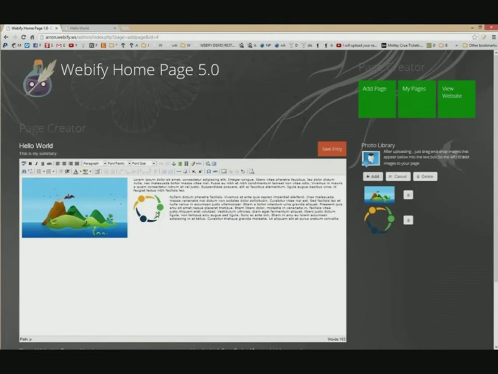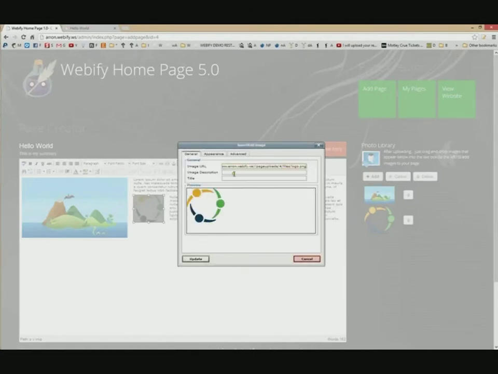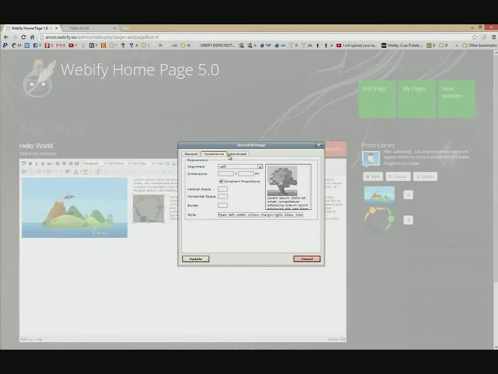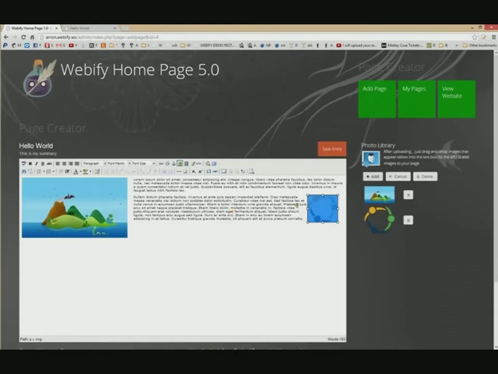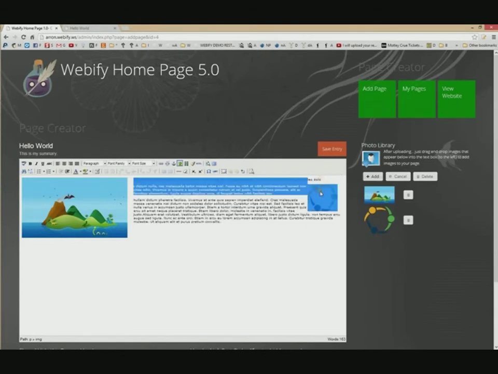But just to touch on a little bit of image adjustment, what you could do is you right-click on the image, and you go to Insert Edit Image, and you'll find a whole bunch of properties that you can use to adjust how this image displays. Right now you can see the alignment is left, but if I wanted to align it to the right, I could do so by clicking the right option, and then I would click Update, click OK, and now you can see the image sticks to the right of the page,